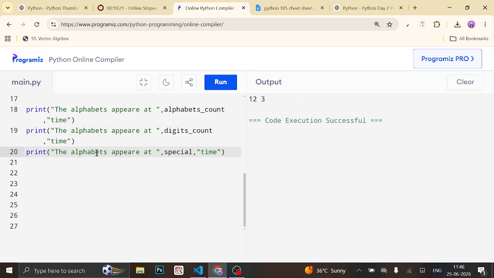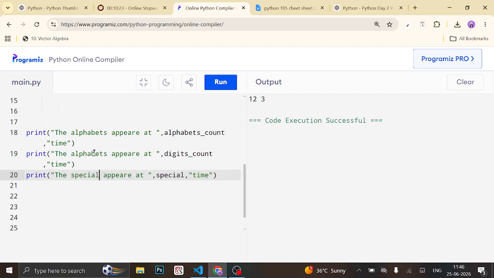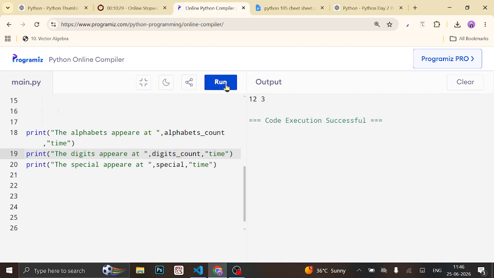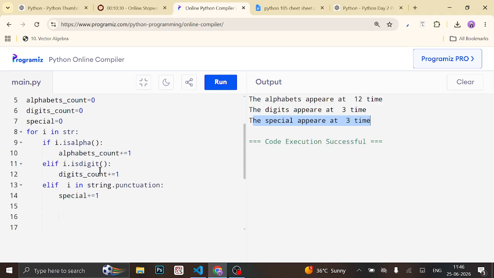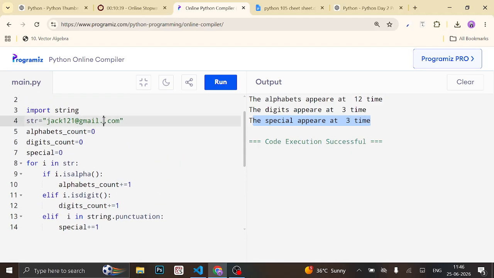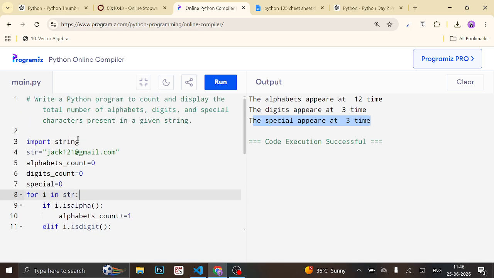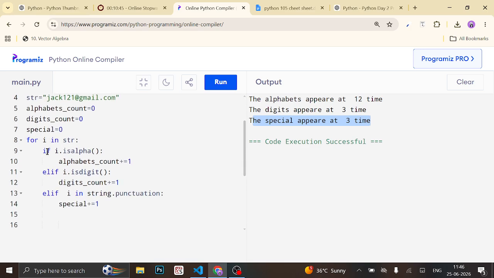Special character count. Okay, now the alphabet appears 12 times, the digit appears 3 times, and the special character also appears 3 times. So I'm removing the digits here, and digits come 3 times. This question is done. First, look, for each alphabet, if you want to find the alphabet, so there is a